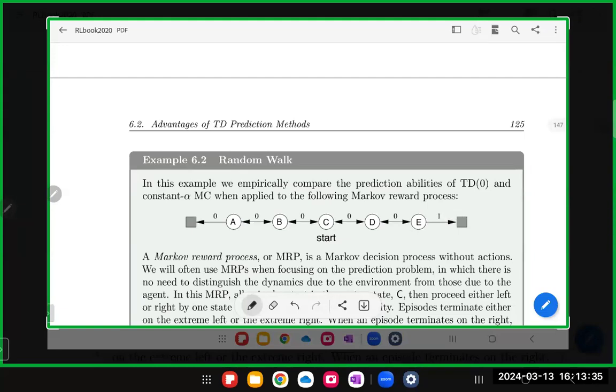So here they have a deterministic transition. I think so. If you are in D, if you